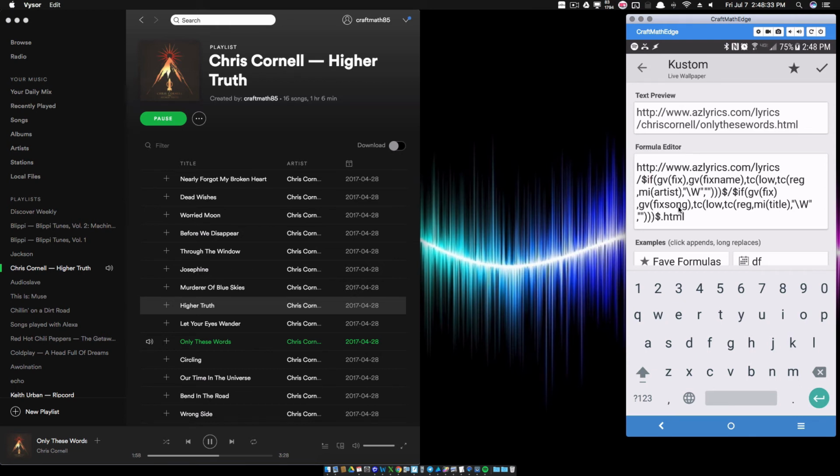And then it will pull it in here, but that's only going to show up if your GV fix is on. Well, what if GV fix is not on? You're going to do this code right here, which is the exact same thing as in the tutorial I did on the music lyrics back in February of this year. So whether GV fix is on or off, it's going to change this name and this right here, the name of the artist and the song title.